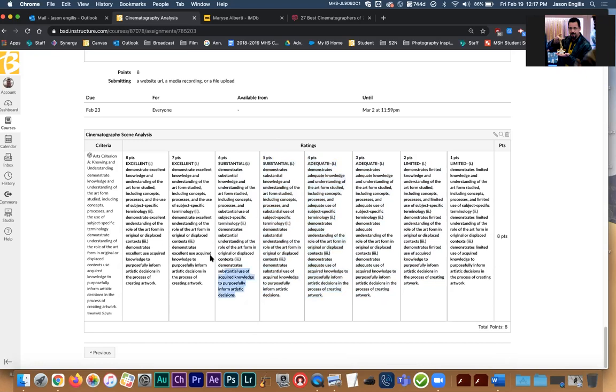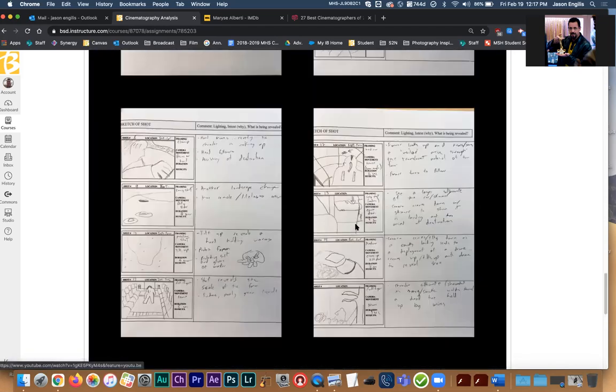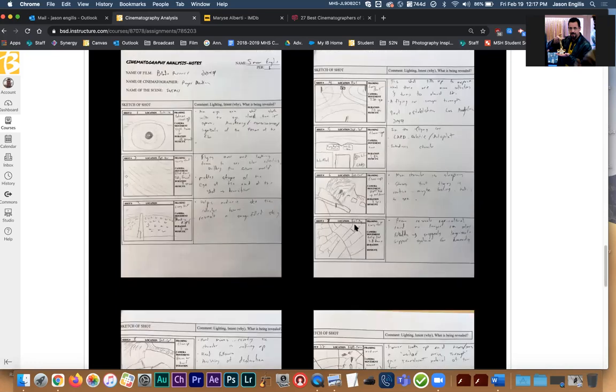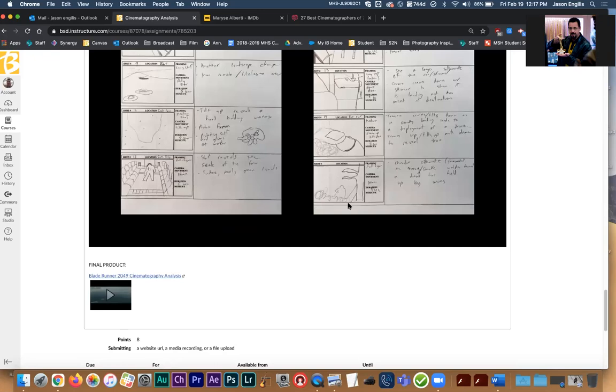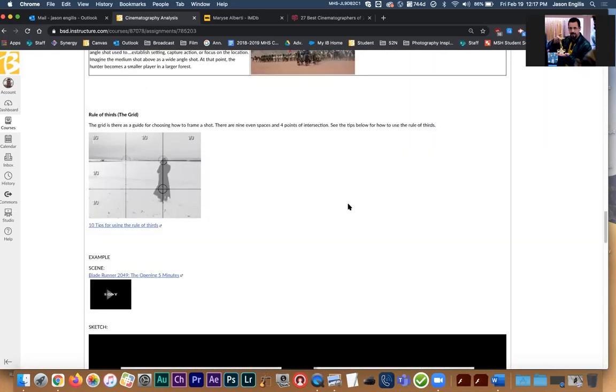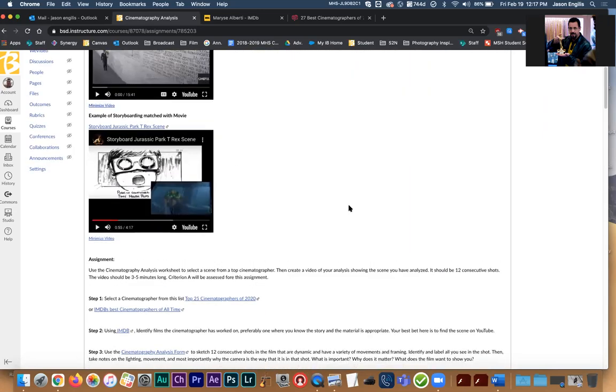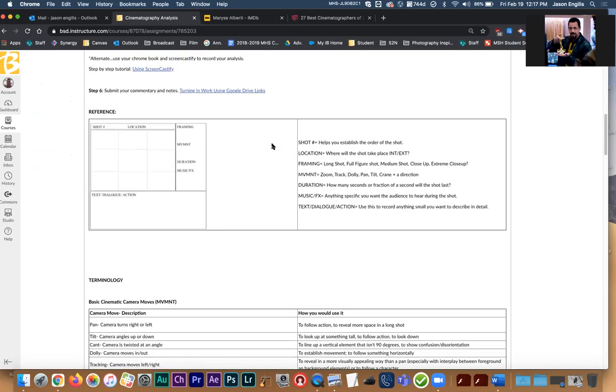If you start to talk about why and what that does, and again, you don't have to say an extreme amount of detail for every single shot, but after I've watched it, I'm asking myself, are you getting to the why and the what and what the goal of it is and why the shot was set up the way that it was shot? That's where you're going to be scoring a 7 or 8 on this assignment, because again, we're just taking terms that we've used before and trying to apply them to a scene.